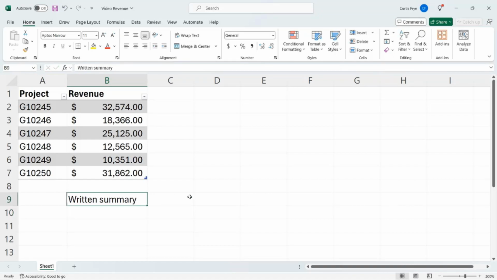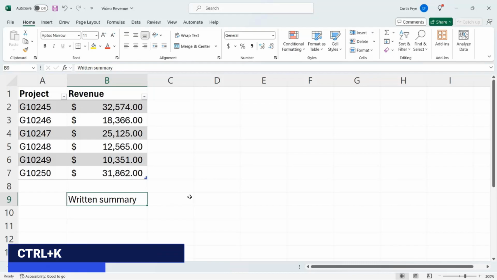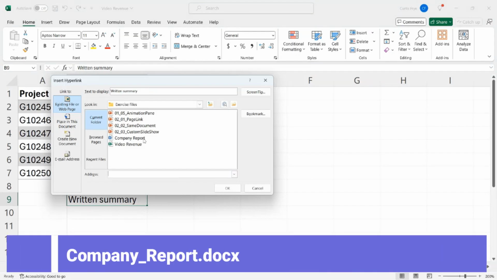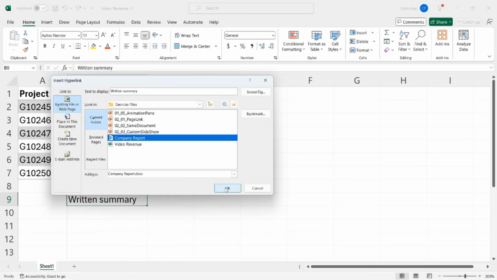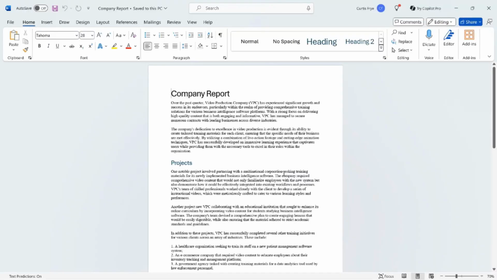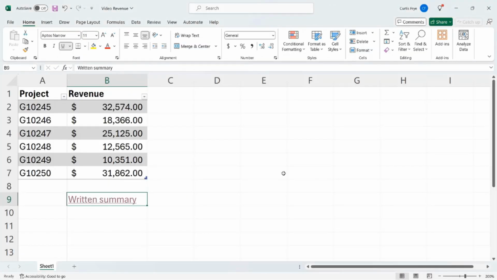And I will select that cell. And then again, I'll press Control-K. And I will link to the company report. So I'll click that file name and click OK. And I have a clickable hyperlink. And when I click it, Office thinks for a moment and opens the report. And I'll use Alt-Tab to move back to Excel to show you something you can do with formatting for hyperlinks